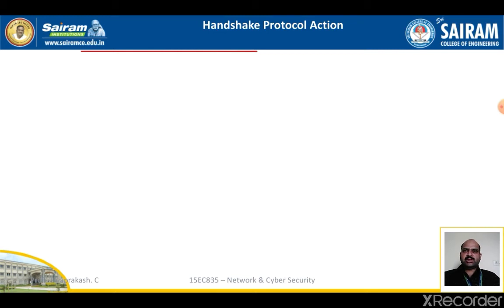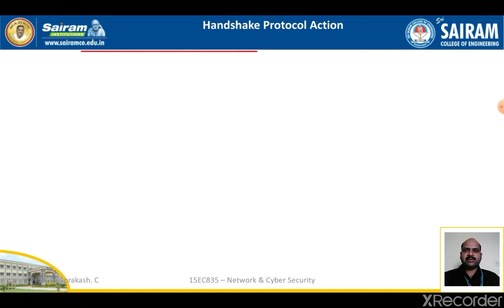Each message has three fields. First one, type, 1 byte data, then second one, length, 3 byte data, then third, content, which may be equal to or more than 0 bytes. Type indicates one of the 10 messages which we have seen previously in the alert messages. The length of the message is described in bytes, a maximum of 3 bytes, and the parameters associated with this message are listed, and those are called content, which may be more than or equal to 0 bytes.